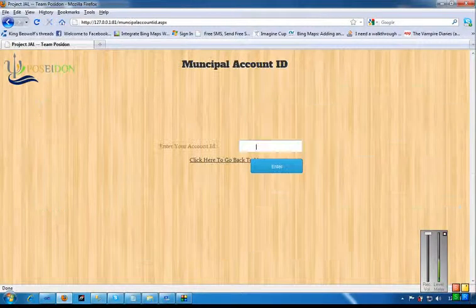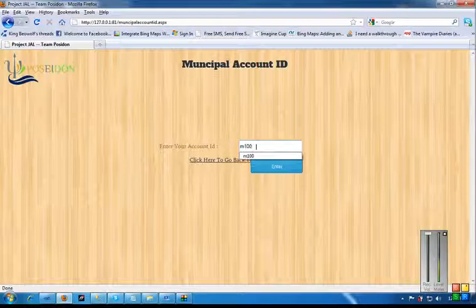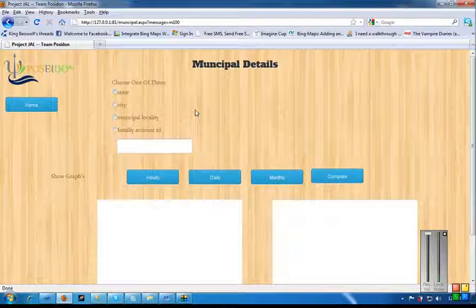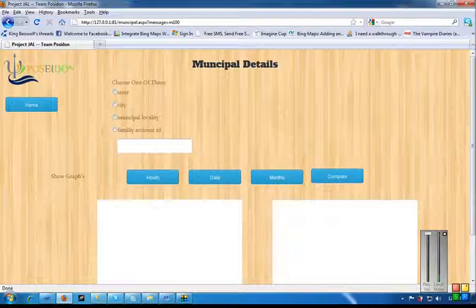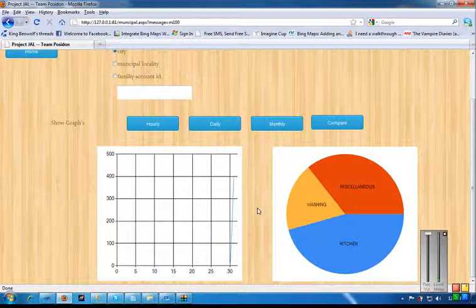Now here we hit the community application and enter the municipal ID of a particular officer or distribution officer. Here we see the three possible areas about which a particular ID can access the data: the state, the city, the municipal locality, or the families belonging to that particular locality to which this ID belongs. Let's select the city and hit the daily graphs. Here we see that the city to which this municipal ID belongs has the following consumption patterns: the spline curves, as usual, representing the total usage and the sectoral distribution of a city.